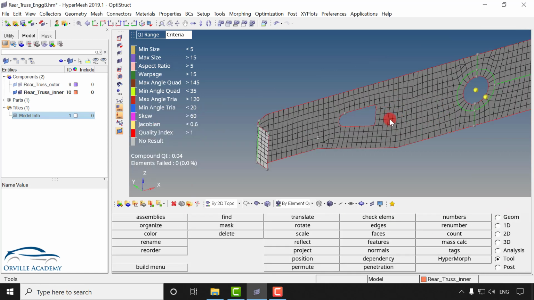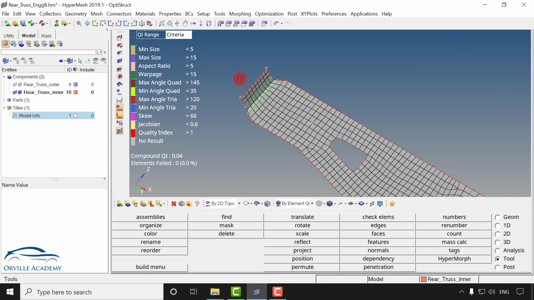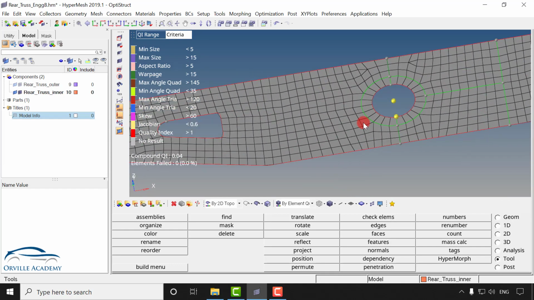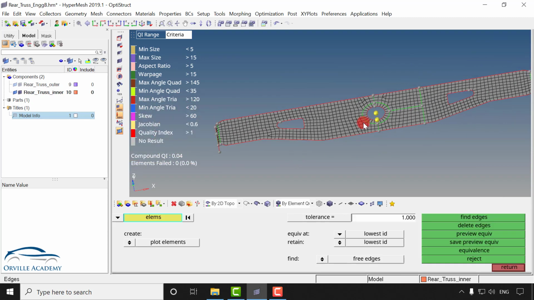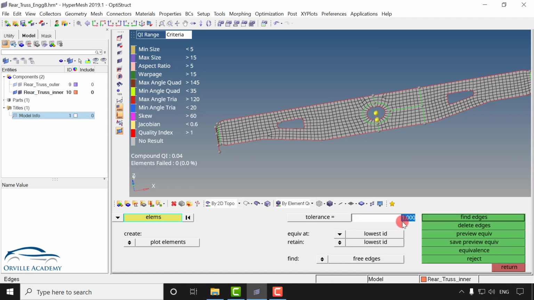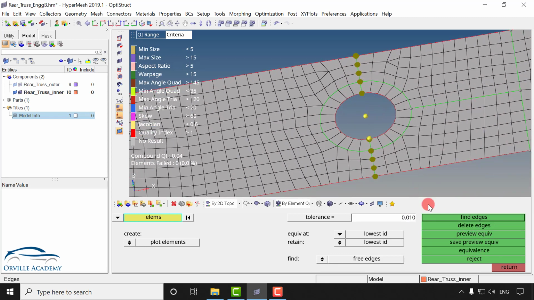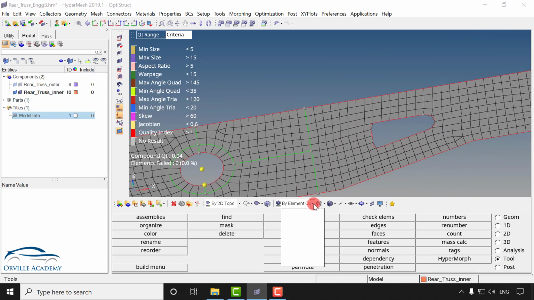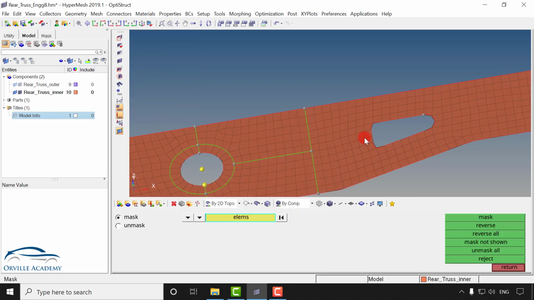First thing that you will do is to check whether the mesh is fitting exactly on the geometry or not. So if I rotate it, the mesh is fitting exactly on the geometry, so my reflection is successful. Next thing that we are going to check is the node connectivity. So I will go for Shift F3. Let me select all the displayed elements. Here I will reduce this criteria to 0.01, and let's say preview equivalence. You can see only this is my critical location. So I will go for equivalence, and the check that I have told you how to perform, you are going to perform it. So I will go for F5.